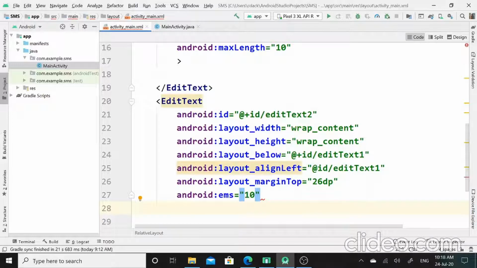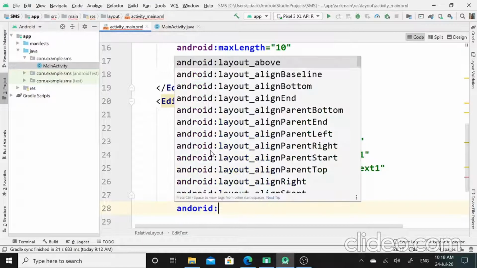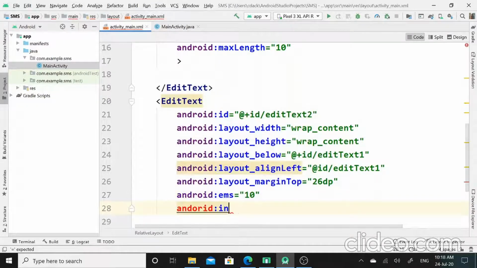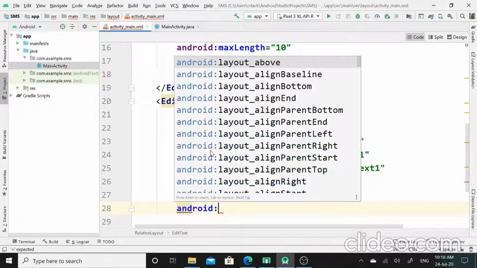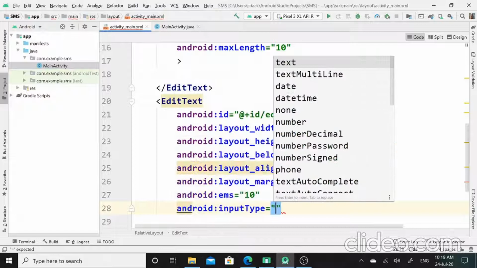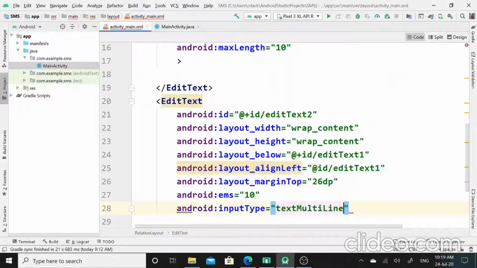Since I am going to make use of this edit text 2 to write the message for the user, I will apply input type attribute for this edit text 2. Here I will set input type attribute as text multiple line.